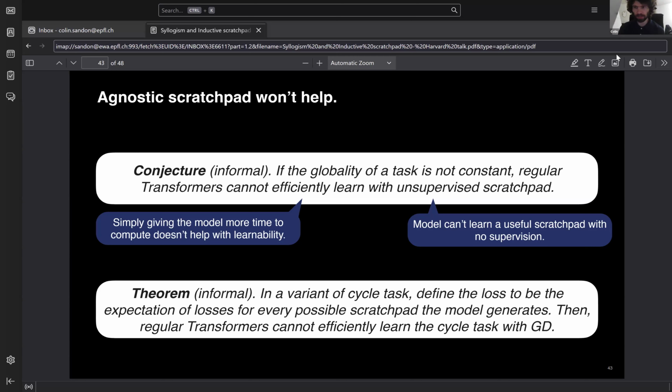So if none of the derivatives of its behavior with respect to the parameters are correlated with the thing we're trying to learn, it's not going to get anywhere. In the specific cycle test from before, the proof still carries over, so we know it can't learn that one. The more general case is still just a conjecture.